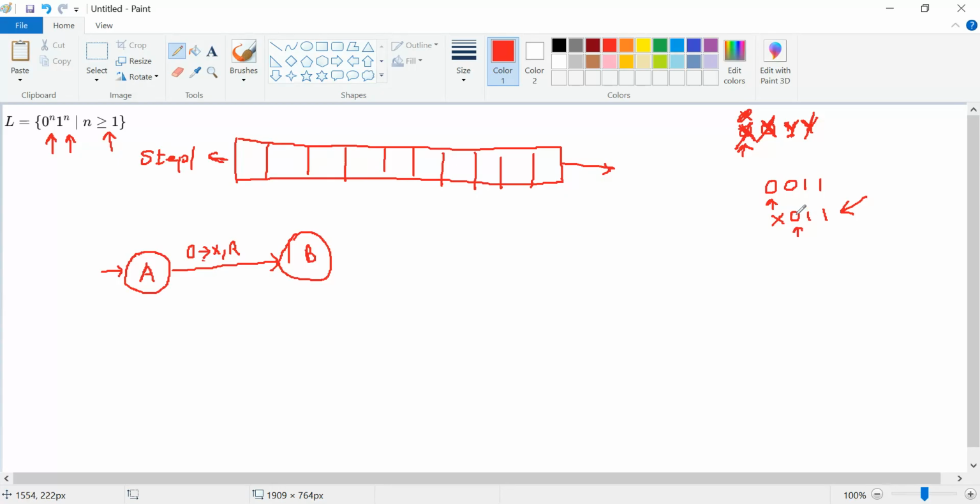So when you encounter a 0, we are actually not searching for 0. We are searching for 1. So we have to keep moving right until we see a 1, right? So in B, we are not